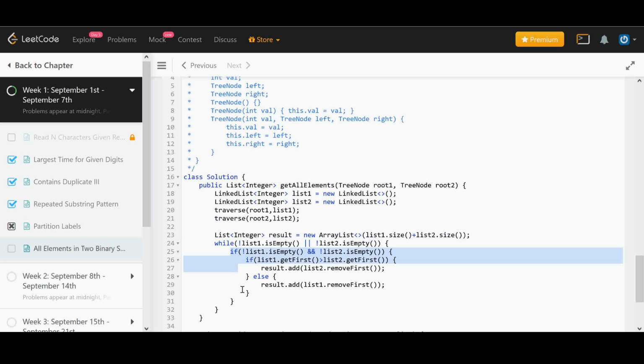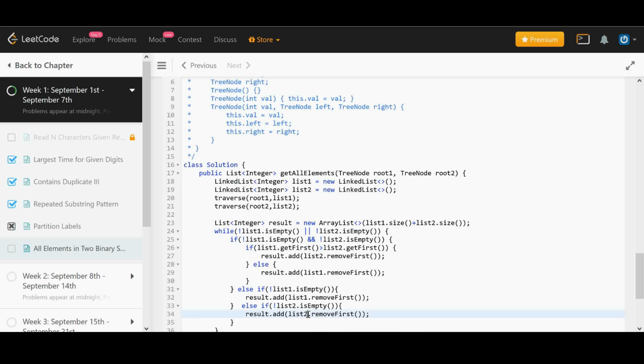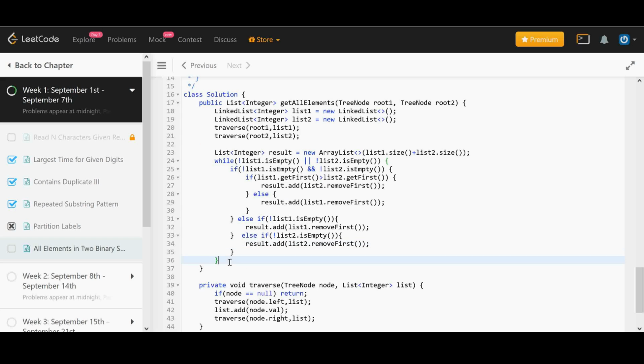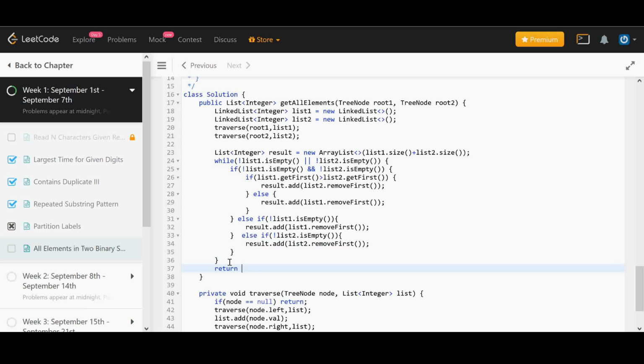Now this if condition is valid if both the lists are not empty. What if one list becomes empty? Then we have to fill up the result with the remaining list elements, right? So that's what we will do here. And I think that's it. Once we have gone through the whole list,